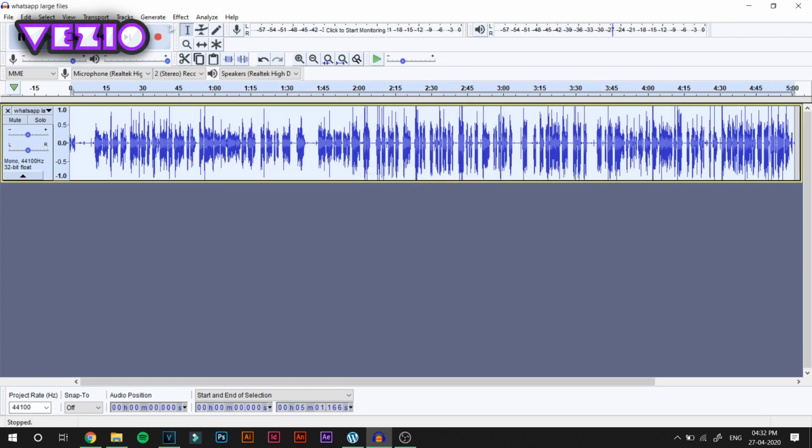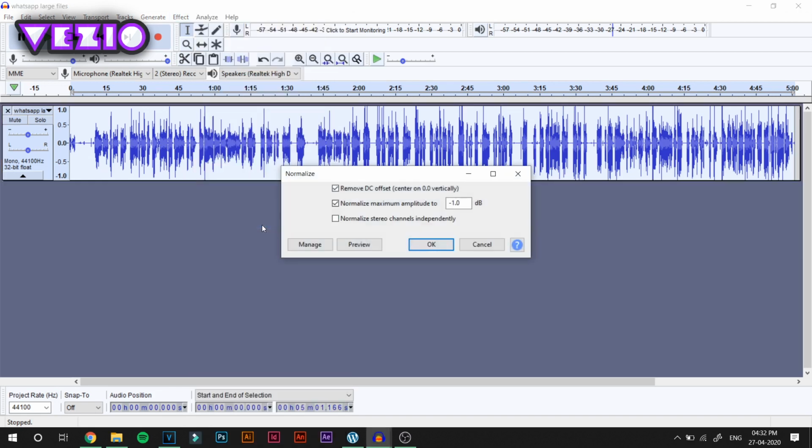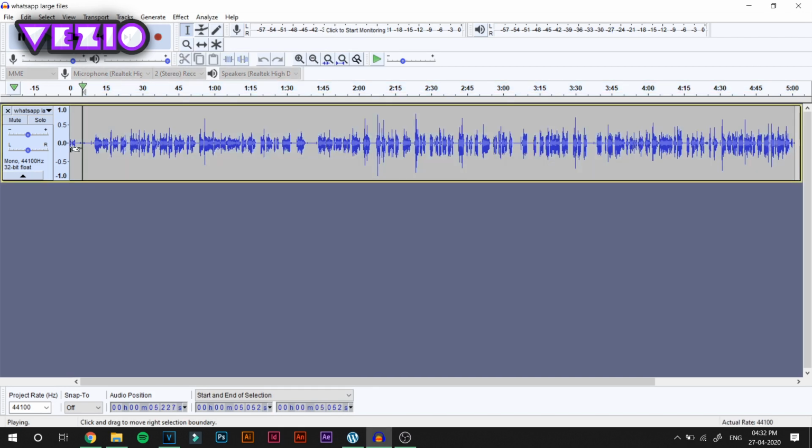So once that's done, I like to go ahead to effects once again and normalize the audio. So just click on normalize and click OK. So now if you hear it, you won't get much noise effect as you did previously. So give it a go and hear the audio for yourself.